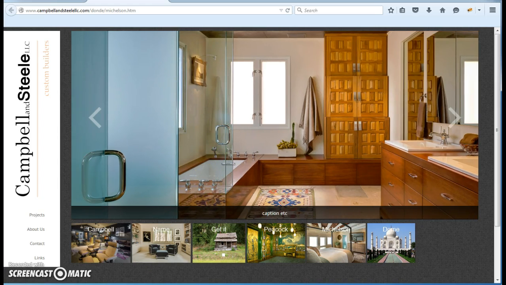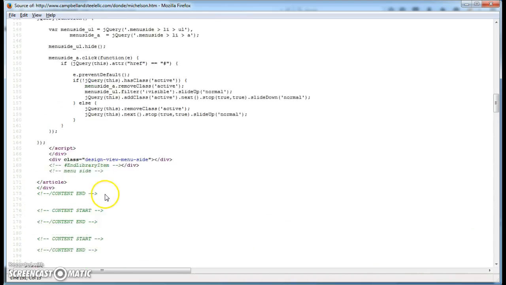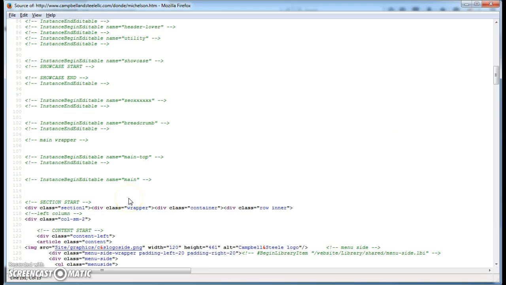Well, what's also happening here is if we scroll up above here, we need to find the container. See this where you have section 1 here, you got the content left. The container is a maximum width of 1170 pixels. Remove the container, so remove just this class name right here, and then what will happen is the slider itself will be able to expand out to the full width. You may need to resize your pictures, I'm not sure, but those are the two things that are restricting it